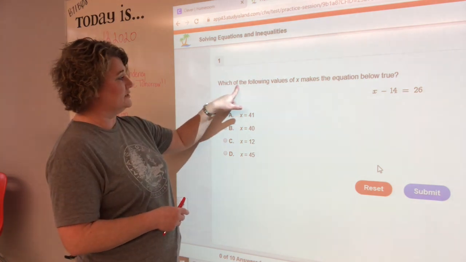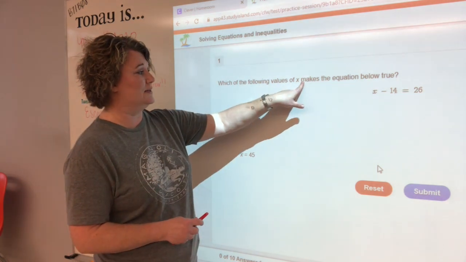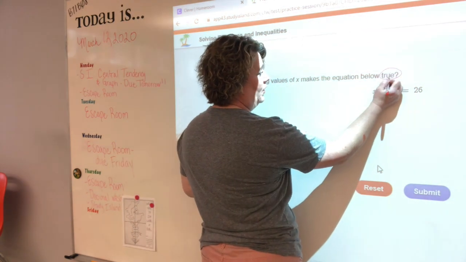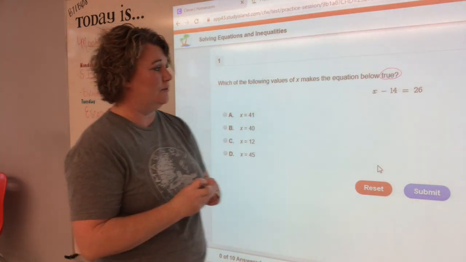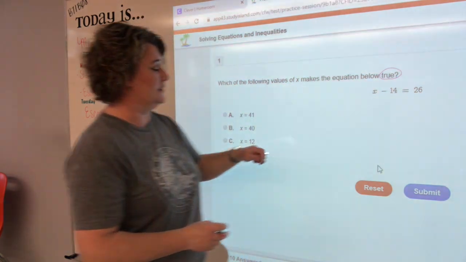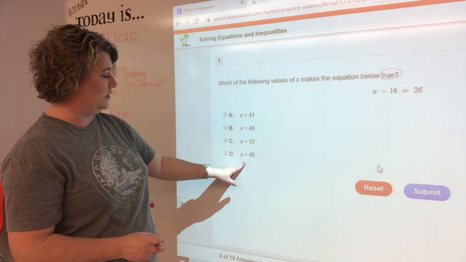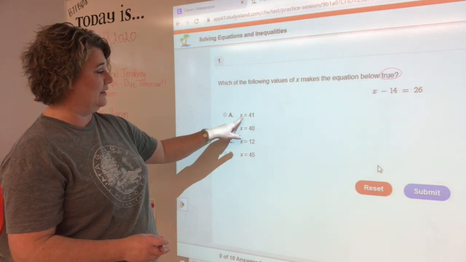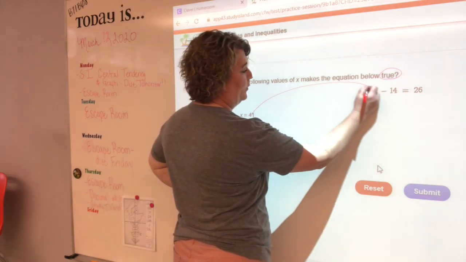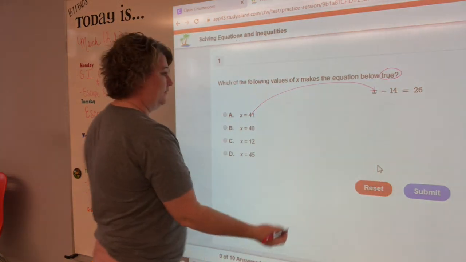So the first question says, which of the following values of x makes the equation below true? And that's the most important word right there, what would make it true. That's a funny looking x, but that does mean x. x minus 14 equals 26. So what you're gonna do is plug in the first x, which is 41. It would be 41 going right in there for that x. And if you work that out,